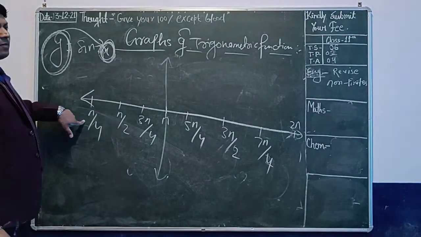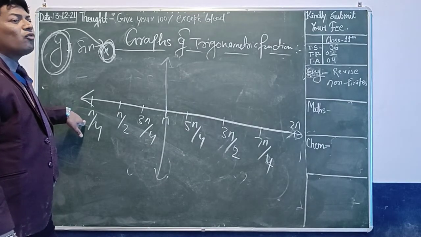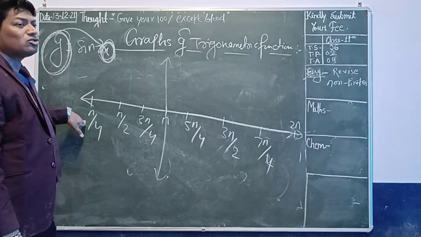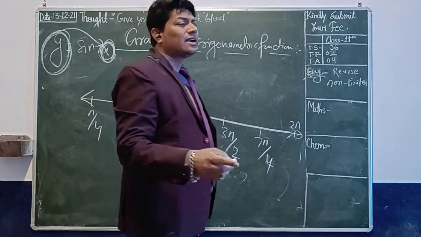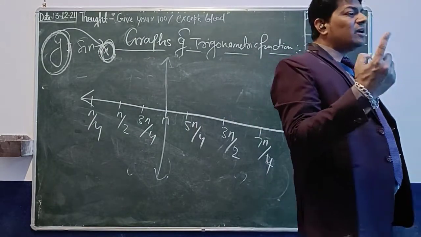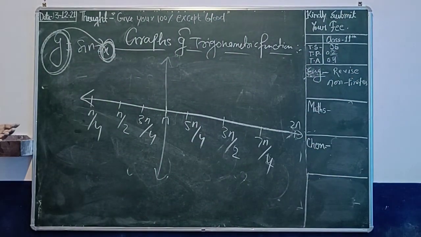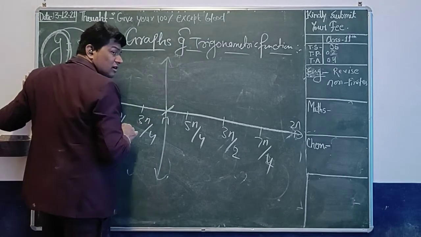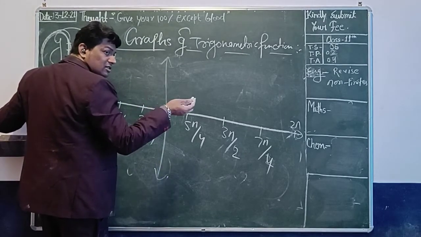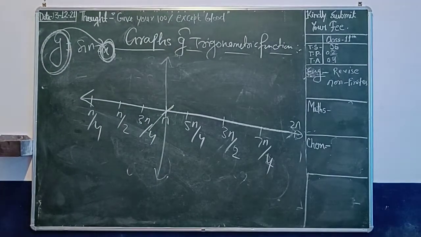As I told, at pi by 4 you are getting the value equal to 1. Sine 2 into pi by 4, 2 cancels with the 4, 4 cancels with the 2, you will get sine pi by 2, the value will be 1. Is it clear? Now we can draw. जैसे जैसे कार्बोग्राफ चलता जाए हम इसे क्या करेंगे, रोटेट कराते जाएंगे। यहाँ से ये साइन 0 है तो इसको 0 होगा, पाई है तो भी क्या होगा 0 होगा, बिटवीन होगा 0. Is it clear? Now we can go for rotation.